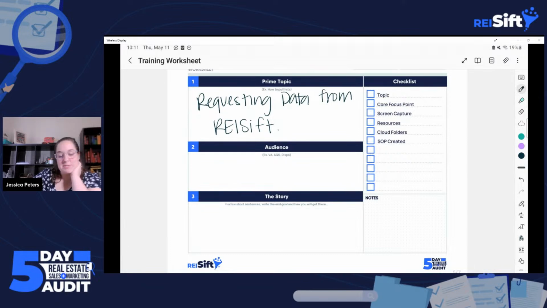Now you can make it even more specific, particularly if you're making one of these for getting data from the county. We really recommend you get any vexations, which would be like tax delinquent, probate, anything that could be keeping the homeowner up at night. We recommend that you get that from the county because it's free. And so when you're doing those kinds of lists, you probably want to make it very specific, like pulling pre-foreclosure data from blank, or pulling tax delinquent data from the county. Make it specific and have one for each one.